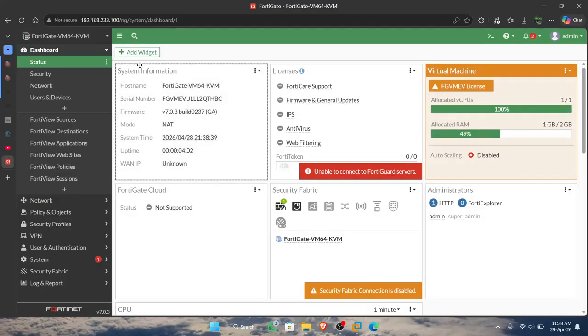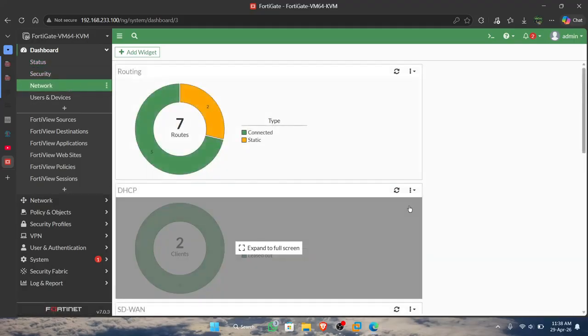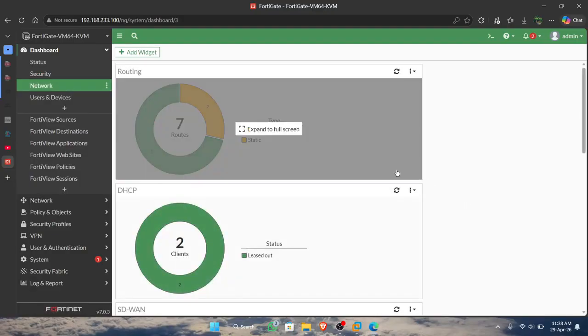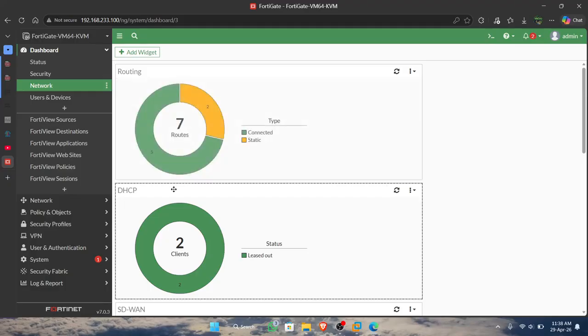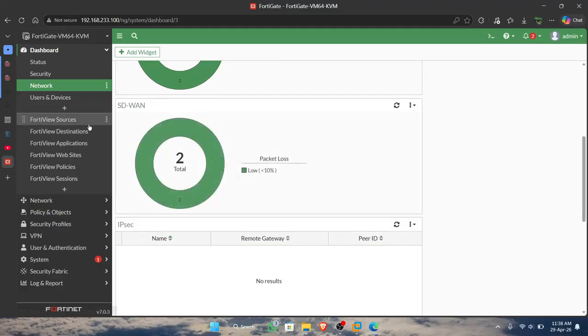Okay, this is the dashboard from the FortiGate, and here we can show the network, the router, and the connected routers and gateway. We have two clients and SD1 again.